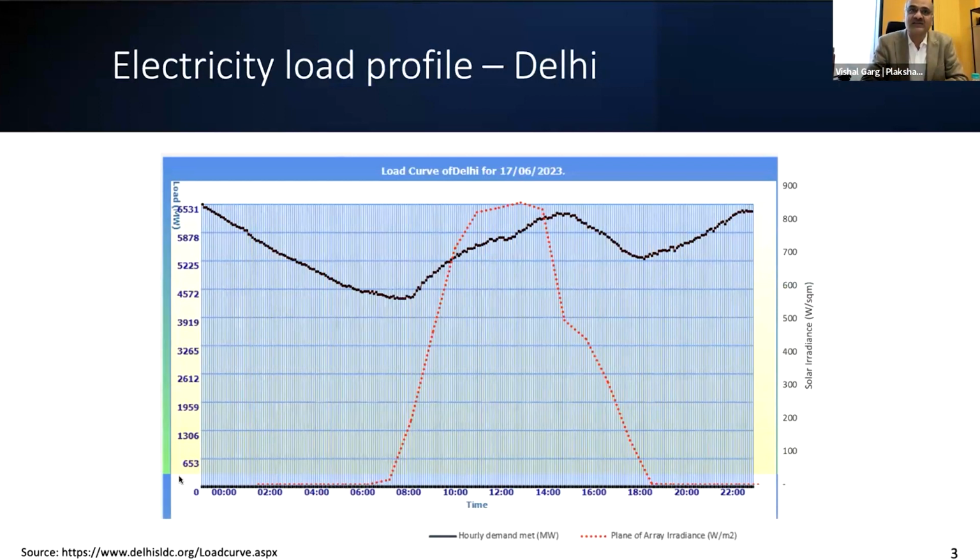generates energy, right? So if you see, on the x-axis is the 24 hours, and on the first y-axis you see the load curve for Delhi. You can see that in the afternoon there is a peak around 2 p.m. and then there is a peak in the night time, and the nighttime peak is also similar to the daytime peak, especially when we are talking about summer months. So here this is the load curve for 17th of June. You see that it's not the peak in the daytime which is worrying, it's the nighttime which is worrying,